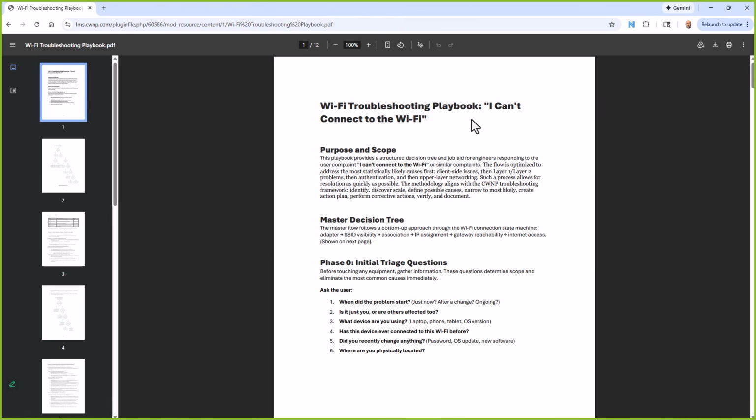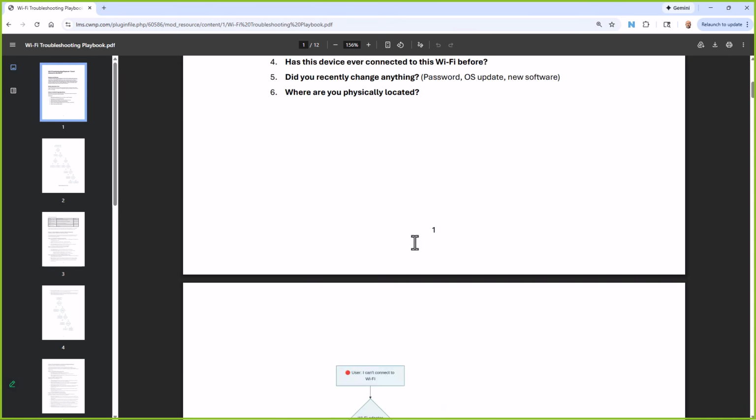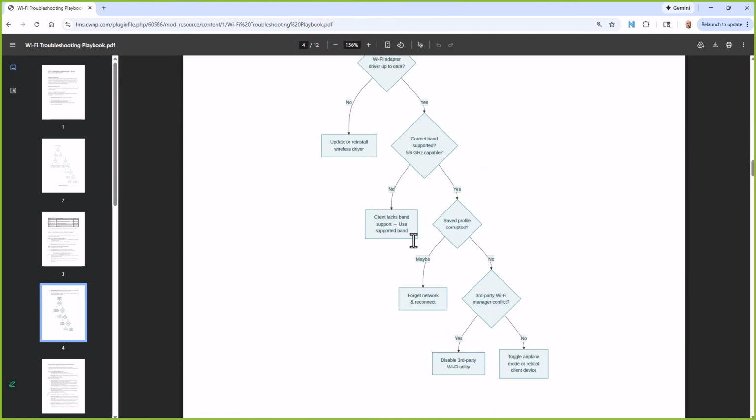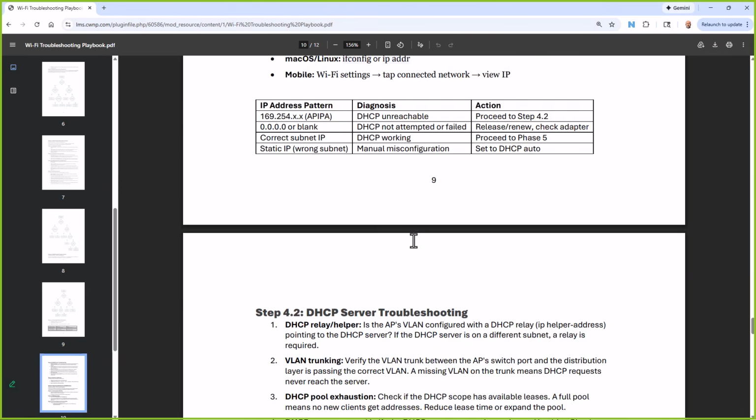So this is a playbook specifically for the symptom. User says, I can't connect to the Wi-Fi, right? This is the simple thing that we face. But is it a simple problem? Well, we've got a 12-page playbook here with several decision trees that are used in the process of troubleshooting this